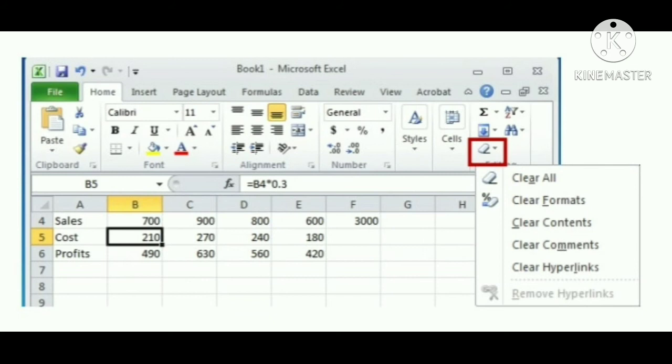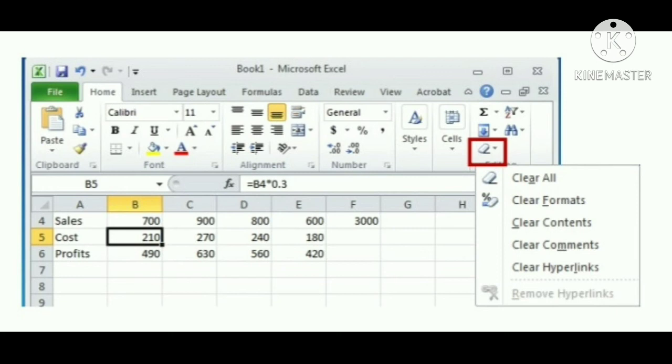Clearing cells. As we begin to look at formatting, it is important to understand what makes up the contents of a cell. There are three types of items that can be in a cell: contents, formats, and comments. These allow items to be formatted properly even if your value changes. However, when trying to delete or clear a cell, it can be a bit tricky. Excel stores format and contents separately. Simply deleting the contents does not delete the format.